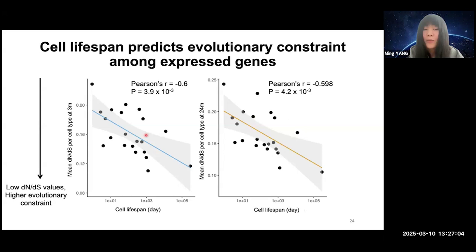animals separately. And we can see in both age groups there is this negative relationship, which shows that for cells which have a longer lifespan, their expressed genes have a lower evolutionary rate, which means they have gone through stronger evolutionary negative selection, and their proteins are likely to be more stable. So this reinforced the idea that long-lived cells indeed experience a lot of proteostatic pressure, and they have activated their molecular pathways to keep their proteins stable, and they also prefer to express genes with a highly inherent